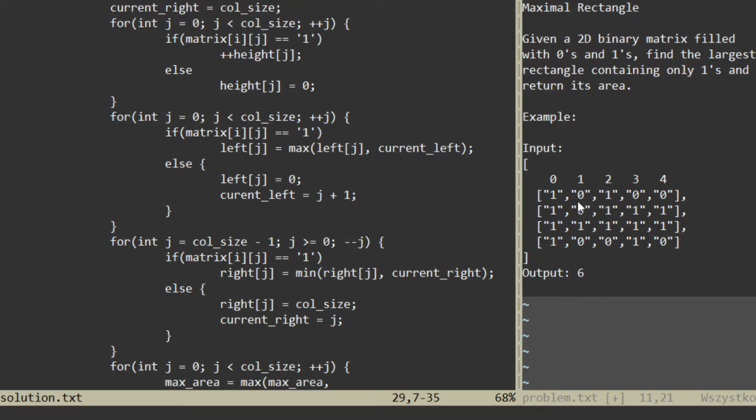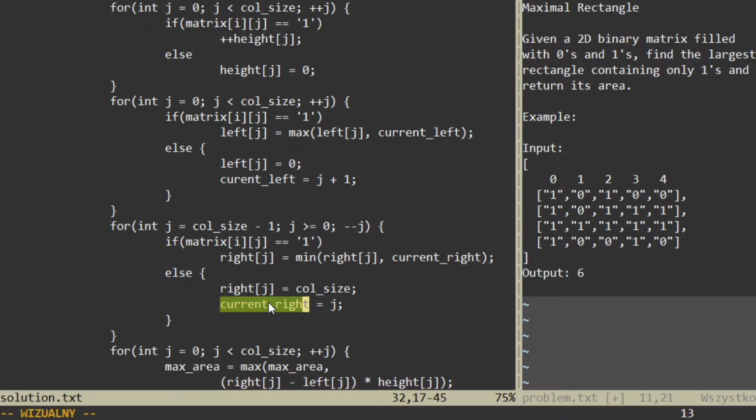And here is the right vector. So we are going from the end to the beginning. So here, if it is 0, column size go here, so the maximum, and the current right is 4. Okay, here is 3, here is, yes, 1, and the value is 1, and here is the minimum of the